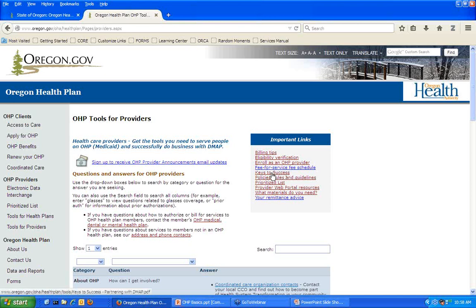This Keys to Success document goes over a lot of the same information that we've talked about today. Here's another link to the policies, a link to the prioritized list, and provider web portal resources. You'll find some step-by-step guides there and training videos for navigating the different functions of the provider web portal. Remittance advice: instructions on how to read that are there.